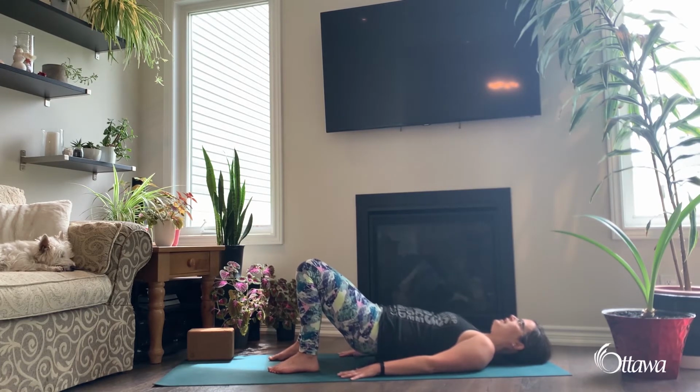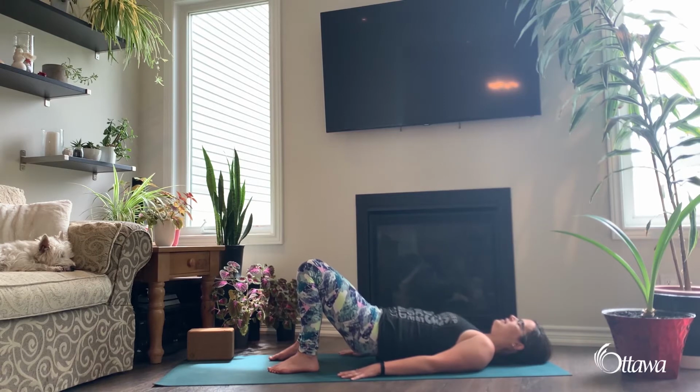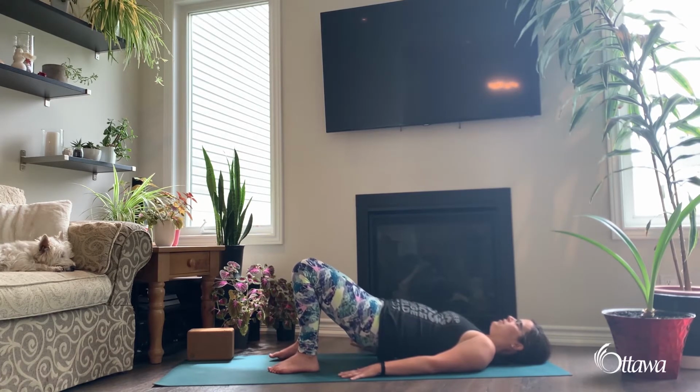Inhale, lifting up. And strong hips and strong lower back can help to find more comfort in your back. Exhale, peel it down. On this last one, we're going to lift up into bridge, inhaling up. And once you get there, we'll pause and hold. So you're holding the posture, but not holding the breath. So you're still breathing long inhales through the nose,